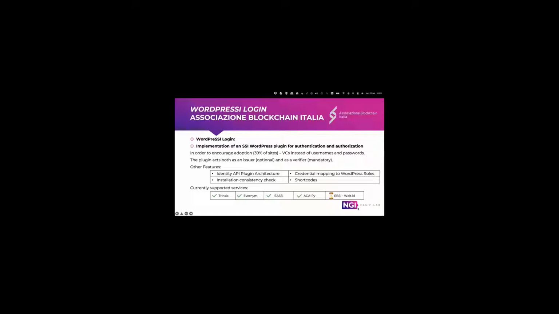And for historical reasons, the plugin was built when there were no main libraries which could support different services. So at first we created an implementation using Intrinsic. Later we used RNIM, and we added other capabilities. The EC library by TNO is a multi-service library which enables to connect to different services. We created a connector for a single Akapai instance because we believe that one of the factors that affect the adoption of SSI technology is also cost.